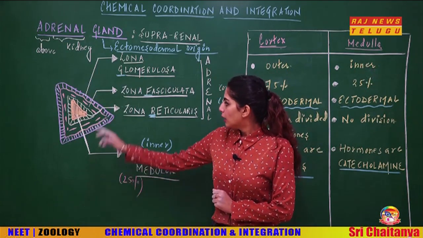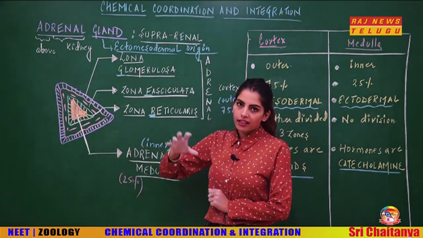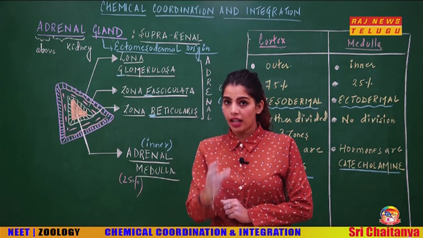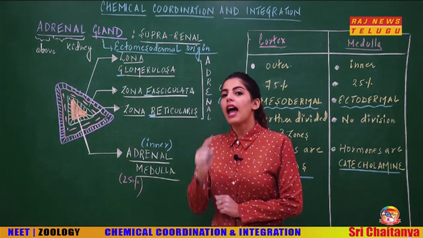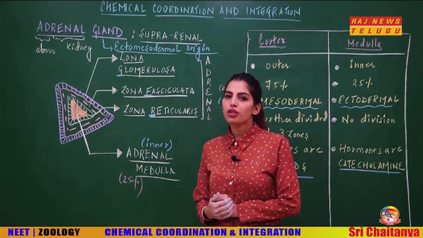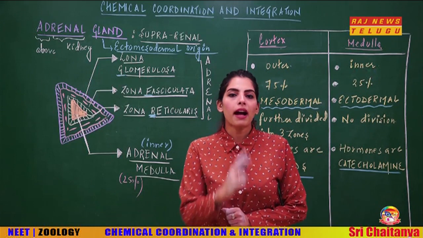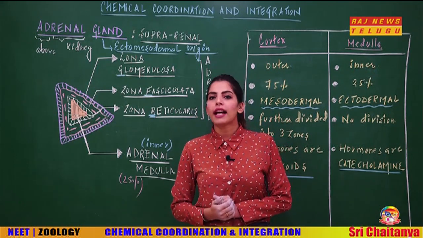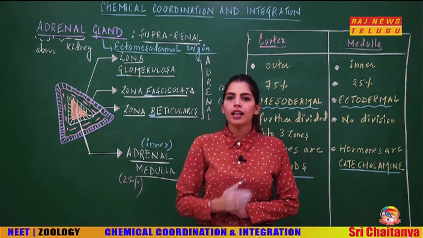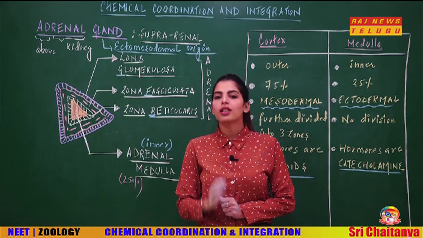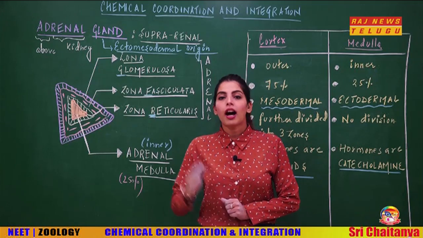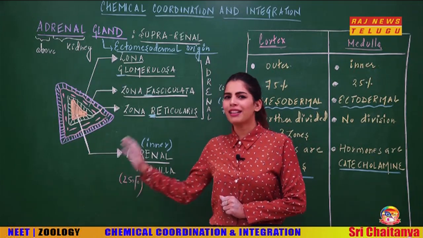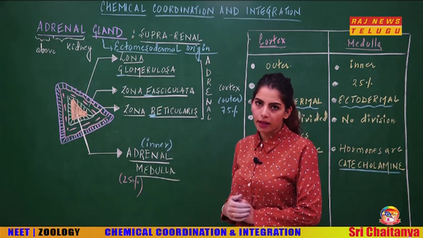Now, this is actually a diagram through the adrenal gland. We want to see what the different layers are that you see in the adrenal gland. Students, there are two parts of the adrenal gland. One, the outermost, called the cortex, and the other, the inner one, called the medulla. Outer cortex, inner medulla. Just look at this diagram and let us try to identify these parts.